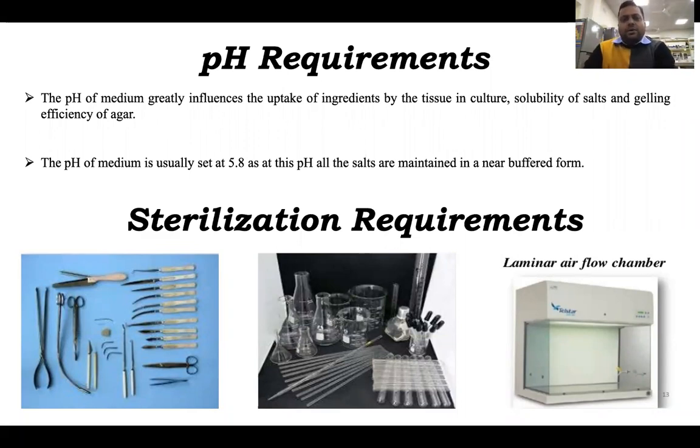Because when we make the pH of the media very close to the plant sap pH, around 5.7 or 5.8, it influences the uptake of nutrients and the solubility of salts, and gelling efficiency is also affected. So keeping all these things in view, we try to maintain the pH around 5.7, 5.8. So when we make the media, always remember, before adding the agar and also before adding the sucrose, we don't add sucrose and agar first. We first prepare the MS media with all the components, and then we adjust the pH to 5.7, 5.8, and then we